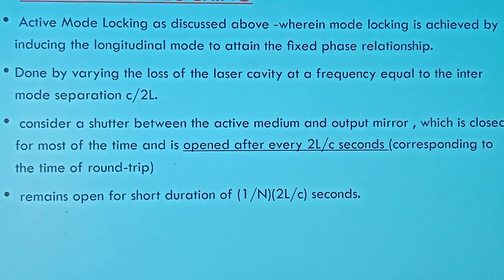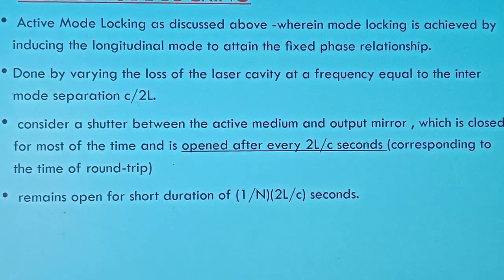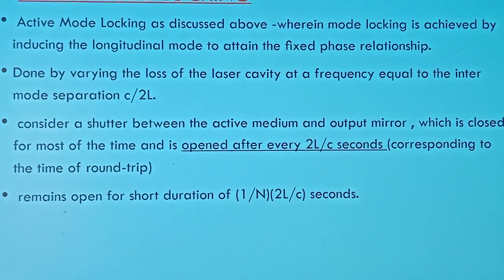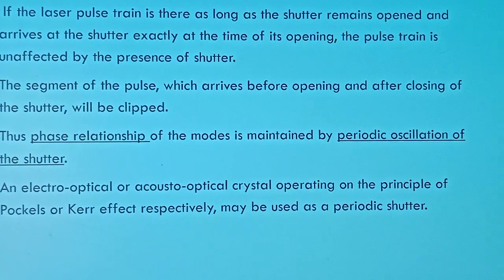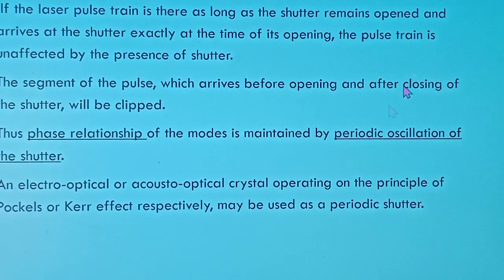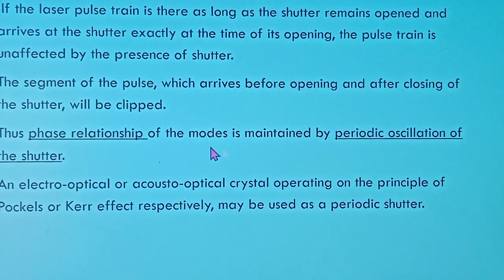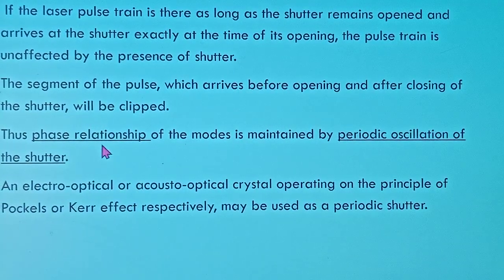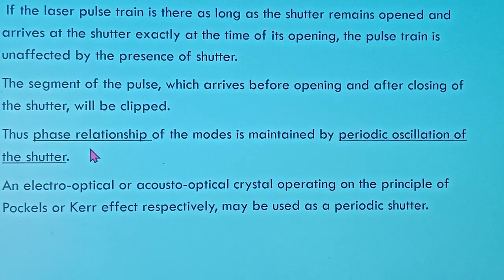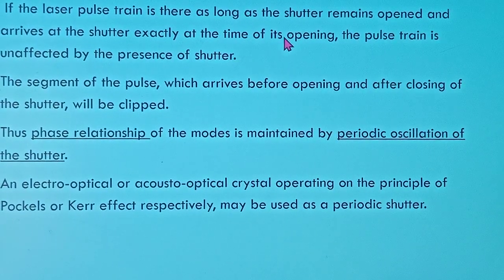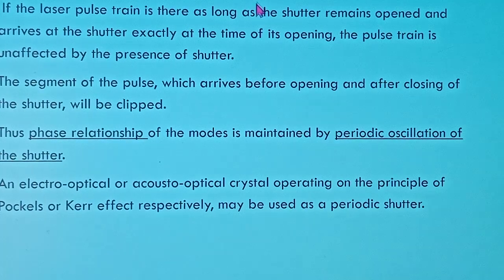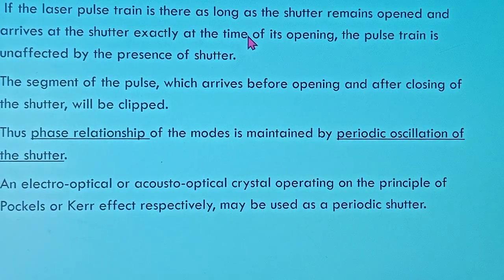Therefore, it's a very short duration. 1 by n into 2L by C is a very short duration for which the shutter is open, and then it gets closed. Therefore, there is a periodic oscillation of the shutter which induces the phase relationship. So as soon as the shutter is open, all the waves over there which interfere